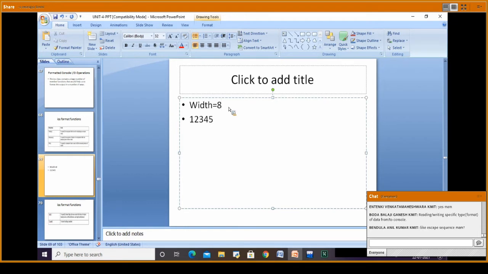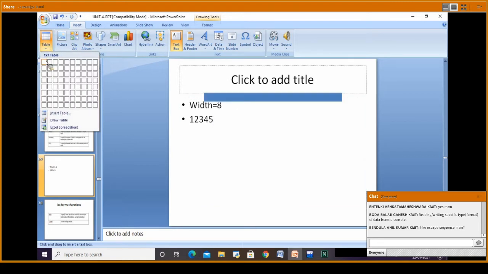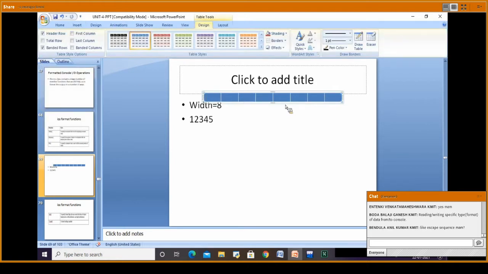It is going to create the size for 8 fields, for 8 values. Clear? It will be like this.